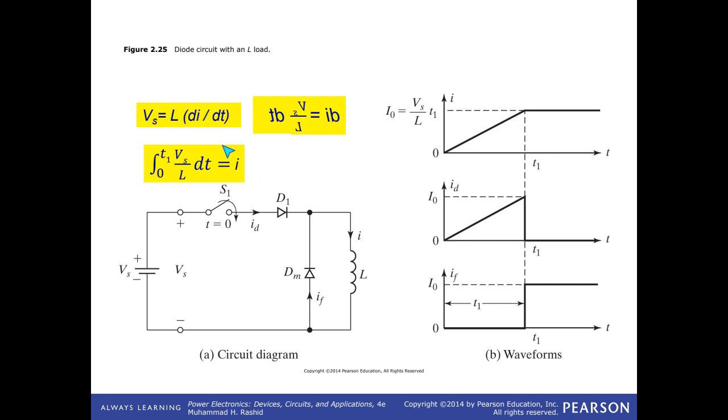I'm going to explain it to you. VL is equal to L di/dt. There is only inductance, so a DC source is connected to an inductance. Okay? And current is going to flow through that line. Since V is equal to L di/dt,